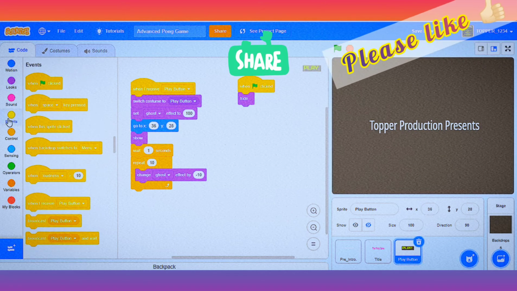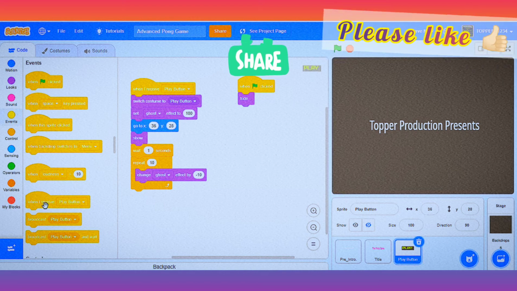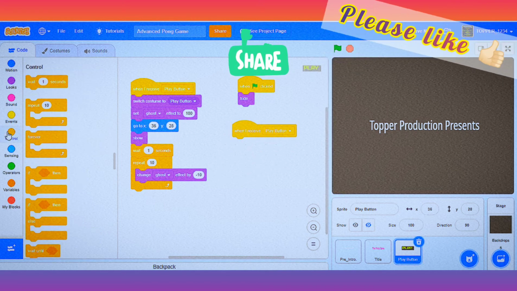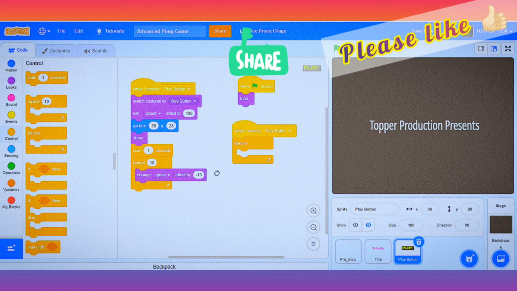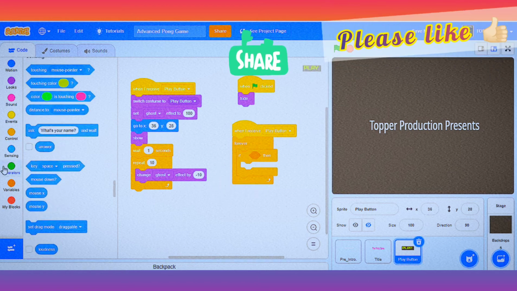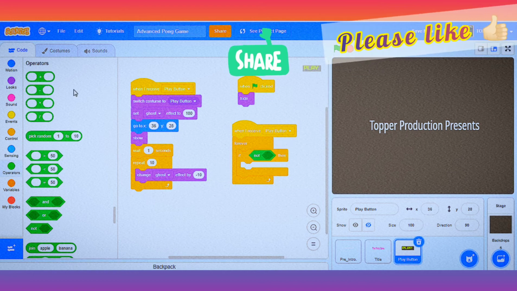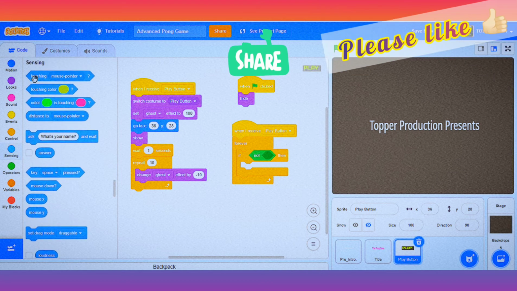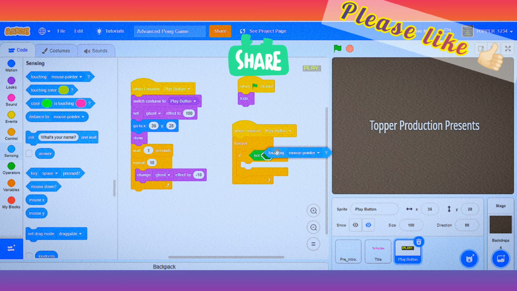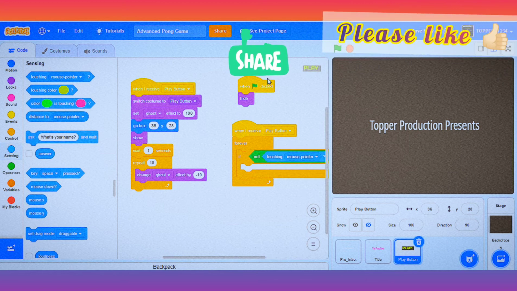Now go back to events. When I receive play button, forever if not touching mouse pointer.